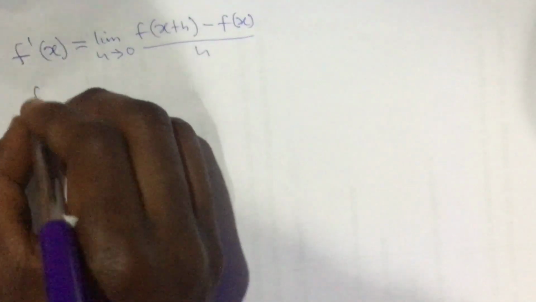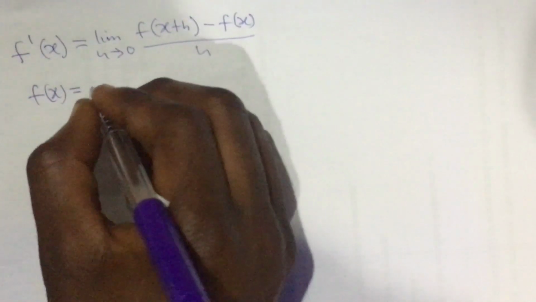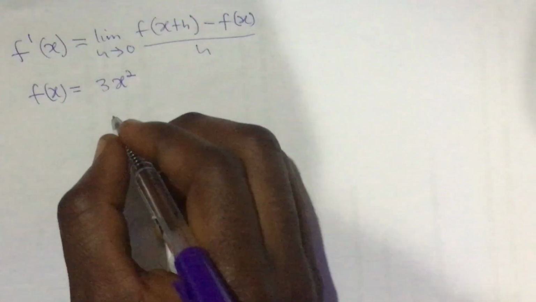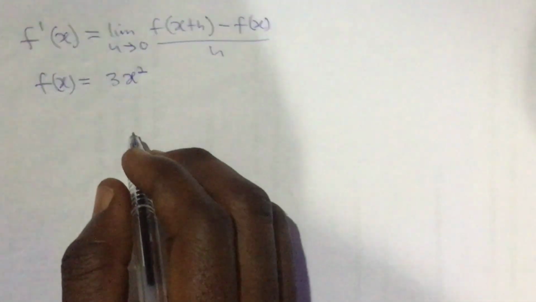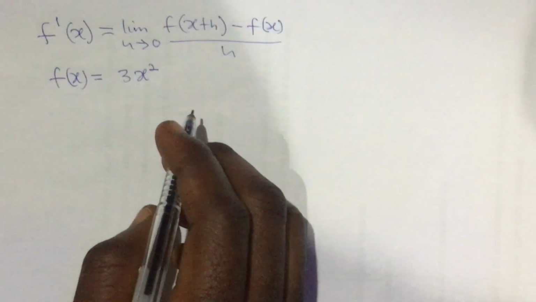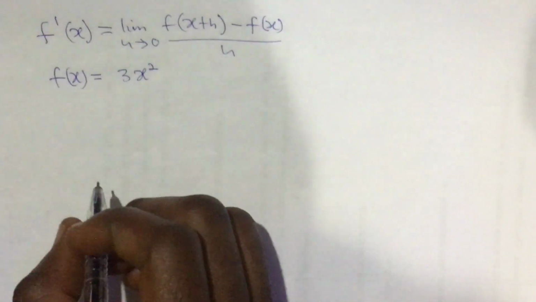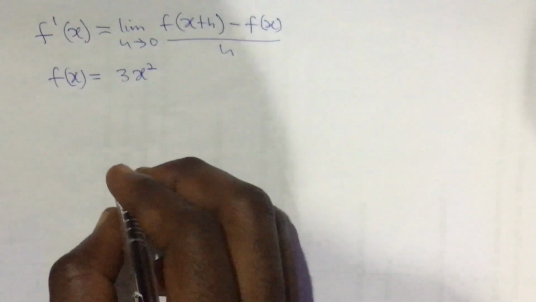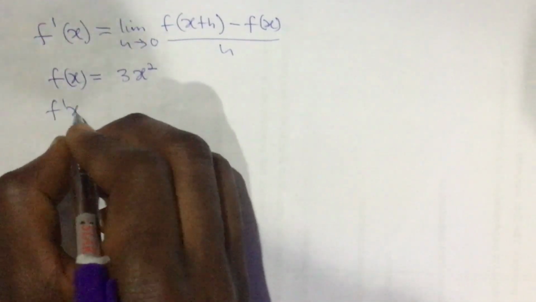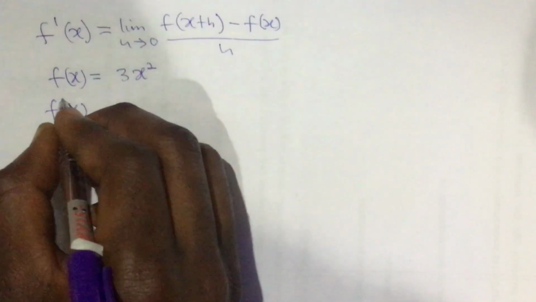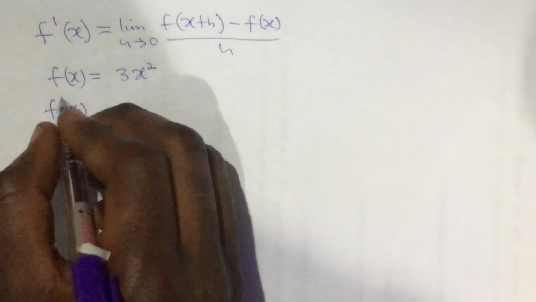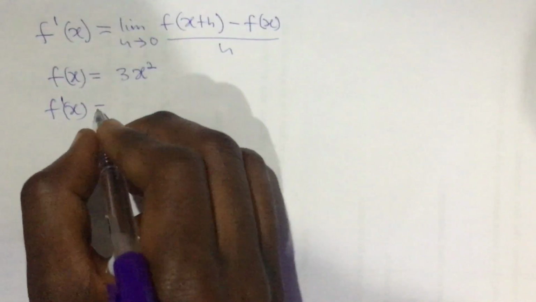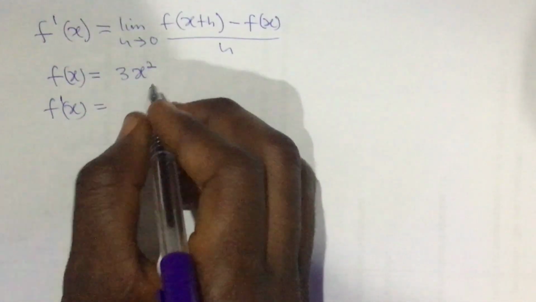Let's say we're given this function, f of x equal to 3x squared, and we're asked to differentiate this using first principle. But first of all, let me differentiate this function using the power rule. So we can say f prime of x, which means you've differentiated this function. By the time you drop this power and minus 1 from the power,